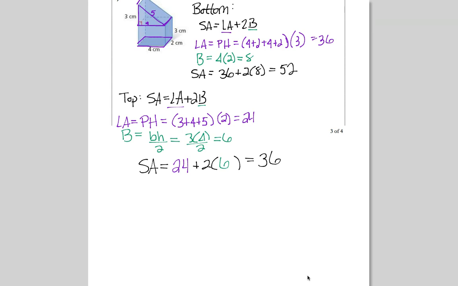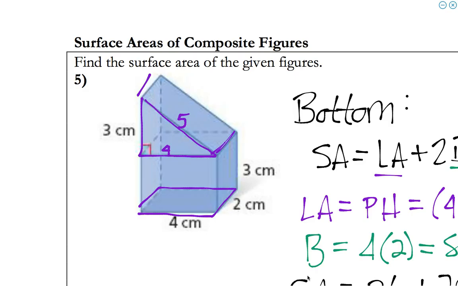So the total surface area is going to equal 52 plus 36 minus, and here's why we're going to subtract something. We just calculated every touchable surface as if these were two separate shapes. These two shapes are glued together